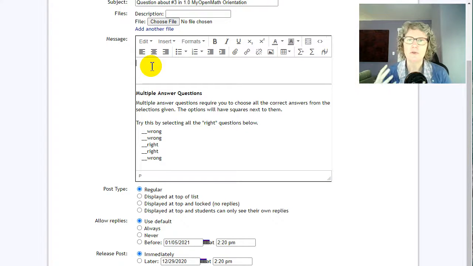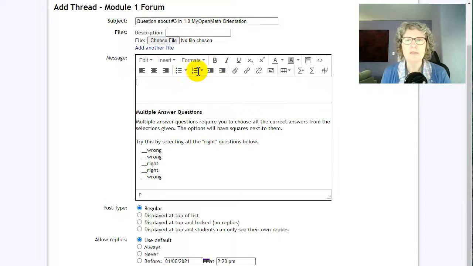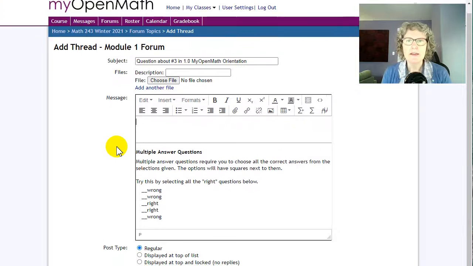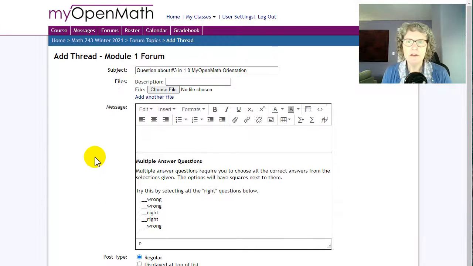Don't just leave it blank. Put in something, like I don't understand this word, or something that helps us know what your question is. Then you might have to fill in these things, and then go ahead and post the thread. I'm not going to do it right now, but when you do that, it will appear in forums.